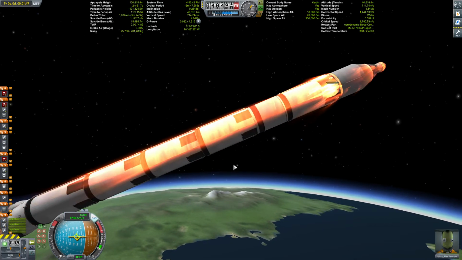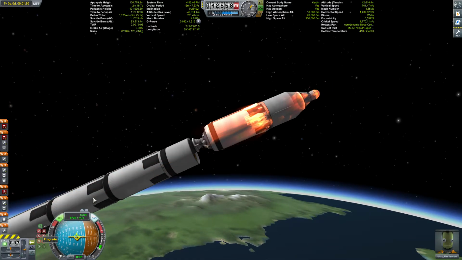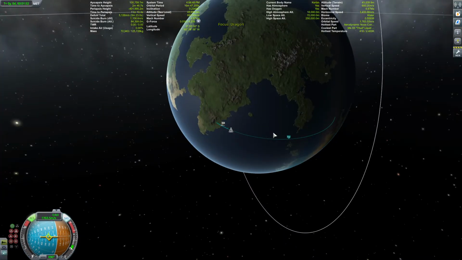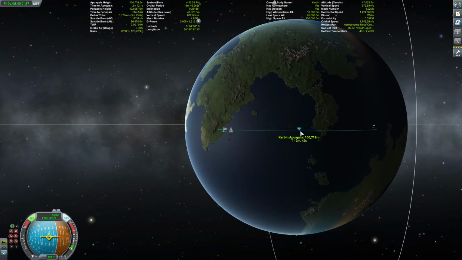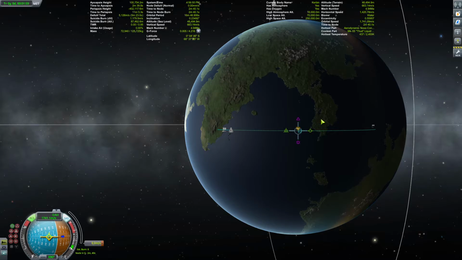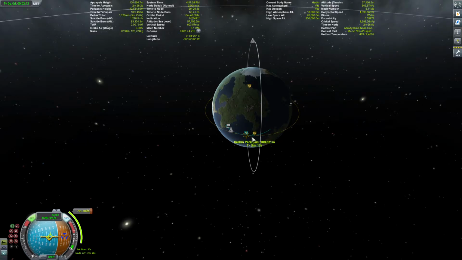And as you can see, this booster is pretty much out of fuel. We're going to deploy the next engine, activate the RCS thrusters, and we're going to set a maneuver node. So as you can see, right on our apoapsis, we're just going to click on that area. And on that, we're just going to pull the prograde marker out. And this will set a maneuver node, and if you go a little bit too far, you can press it against this, and that'll make the things go backwards. And this just helps you know how long you have to burn for.